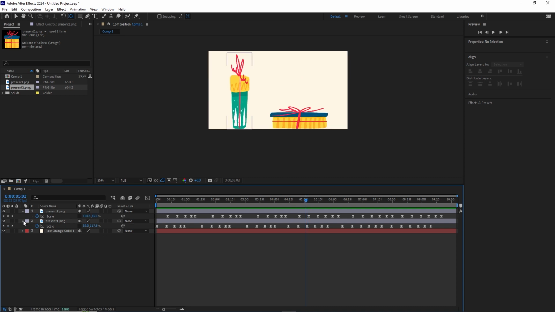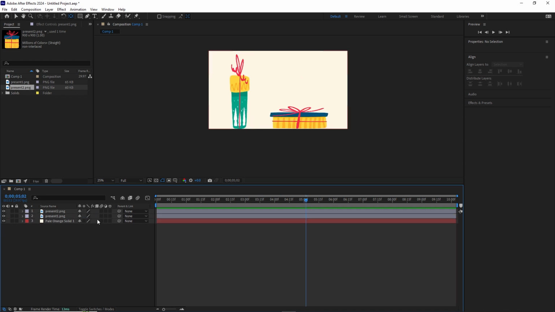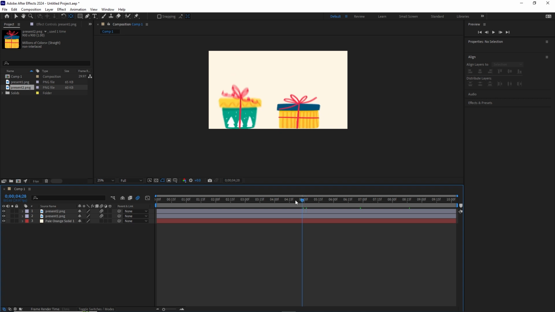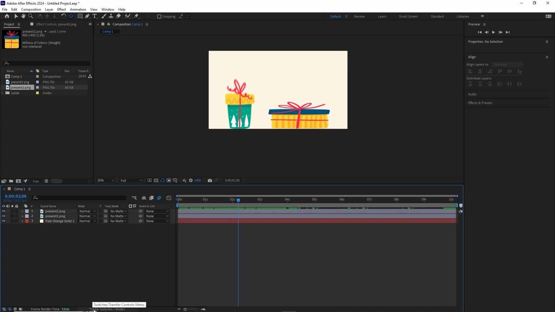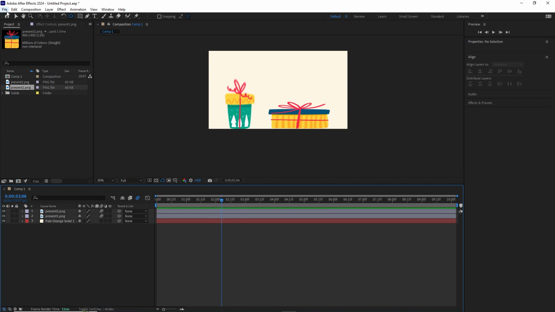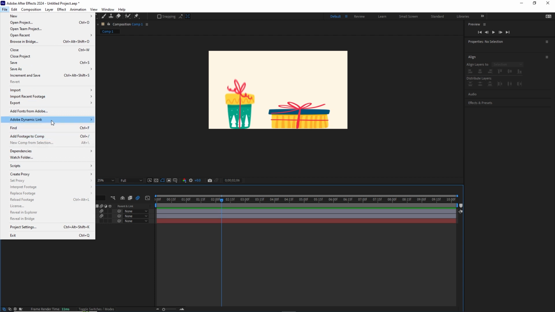And another thing that I forgot is the motion blur. I would like to put this motion blur, and this has to be checked, and this is just going to make this a little bit blurry while moving. If you cannot see this motion blur, there is this toggle switch, and you can click it and it is going to toggle between two options. So right now, one more time I will go to File, go to Export,